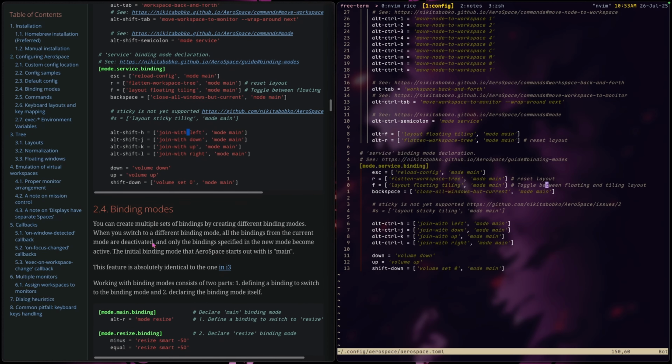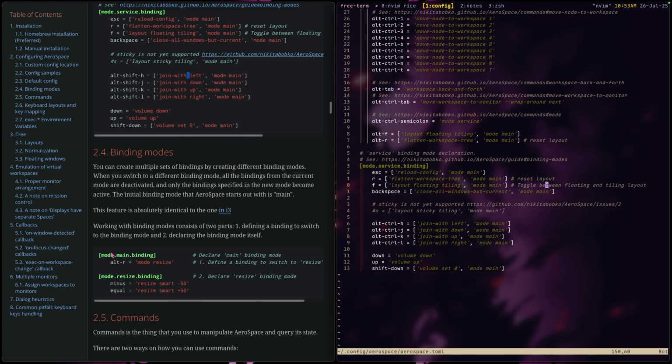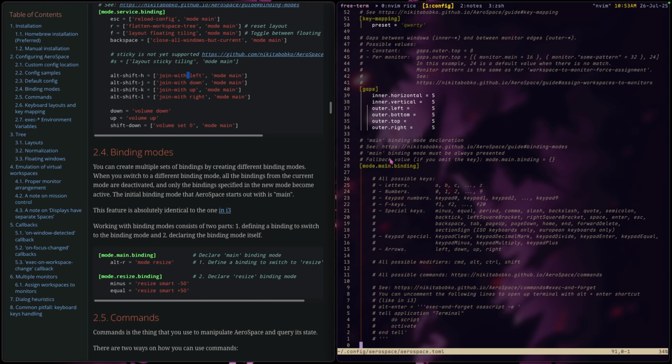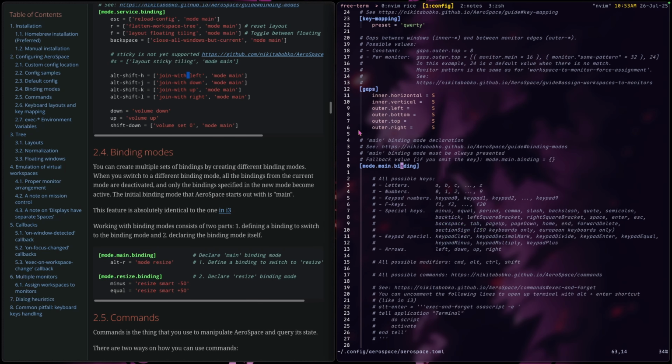Then yeah, you can modify your settings. So this is how to bind. You have this bracket mode.main.binding, and I think we have it here already. Let me go back to cat pushing. Mode.main.binding, right? And let's come back to